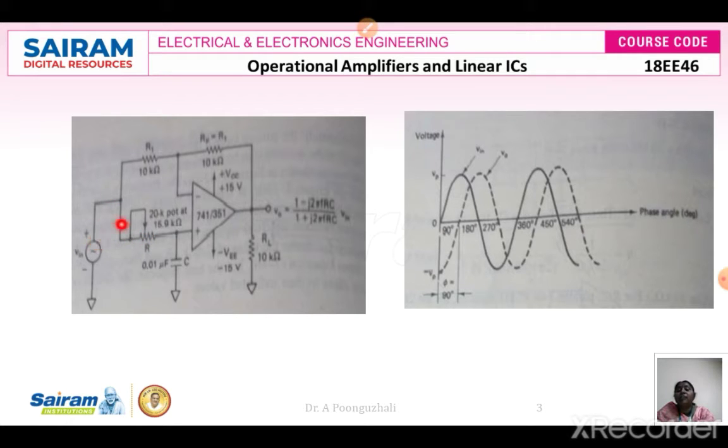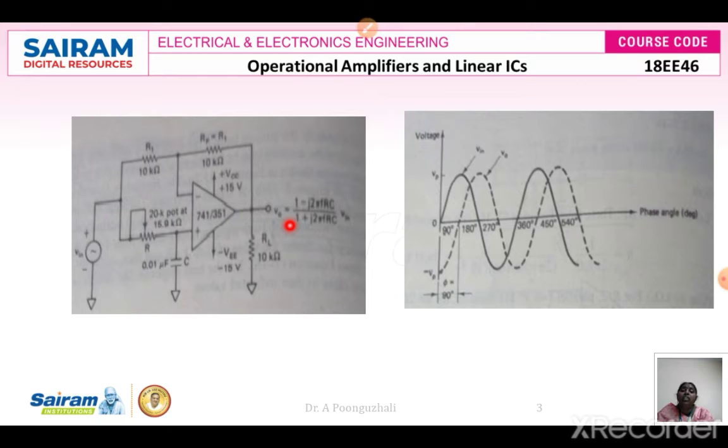Now I have to find out what is going to be my output voltage. To find out this output voltage, we are going to apply the superposition theorem. We know that when more than one voltage is used in a circuit, to find the output voltage I have to apply the superposition theorem. The superposition theorem is taking one voltage source at a time and seeing what the output is due to that first source input signal, and next considering the second input signal and seeing what the output voltage of the second signal is going to be.